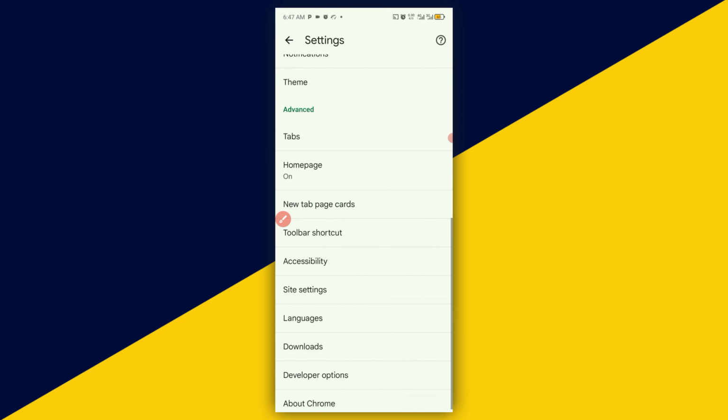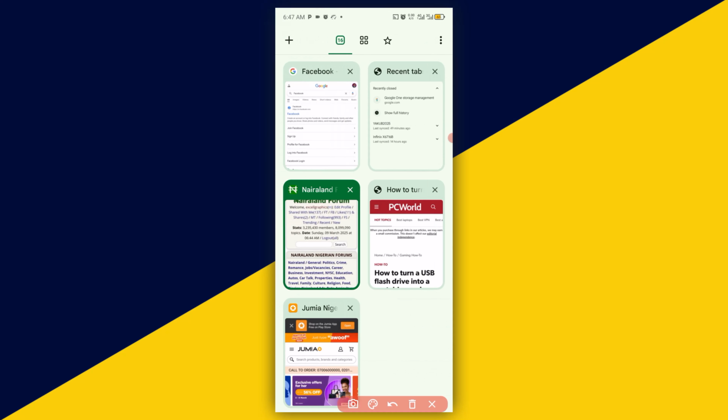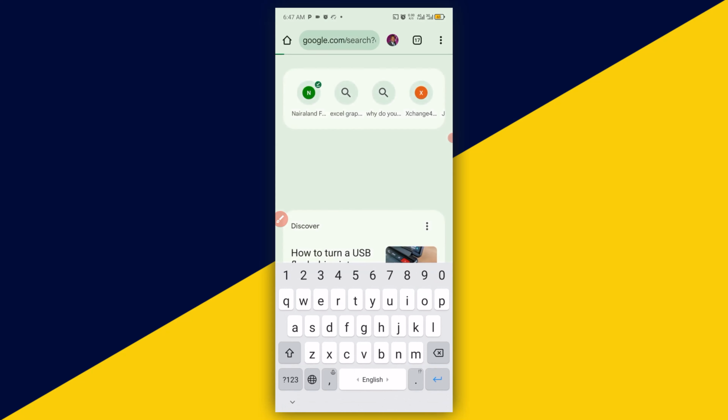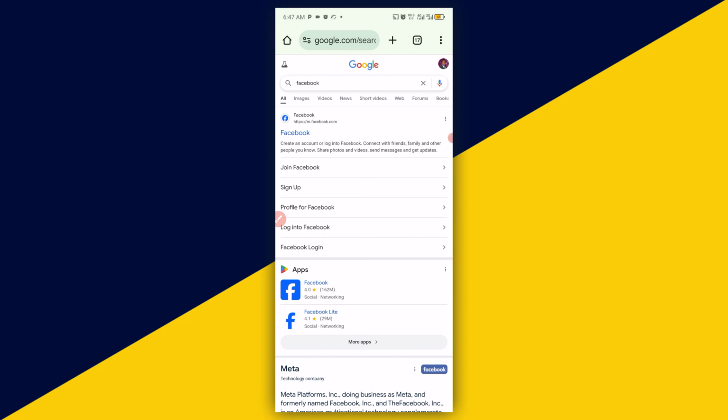Then you go back to the home page, come to the top right here and create a new tab. Then you visit a particular website. Let's say I visit facebook.com. Then we have it this way. And if you really want to zoom in and zoom out without any stress,